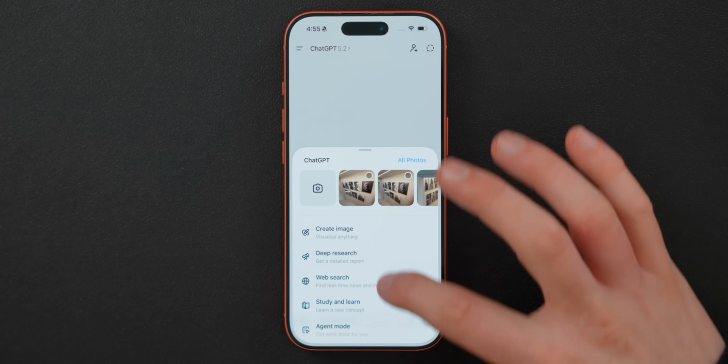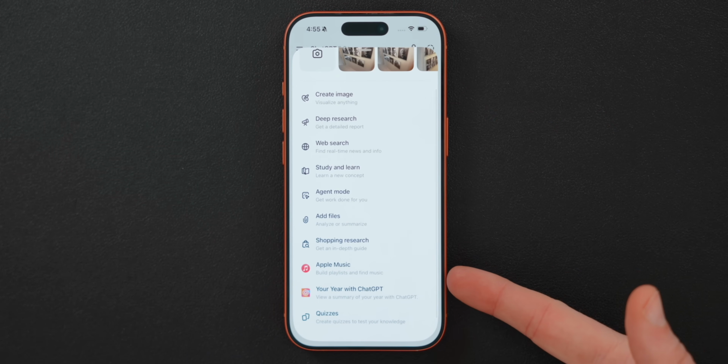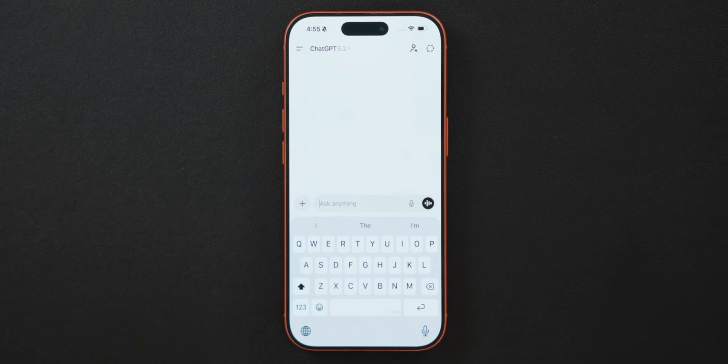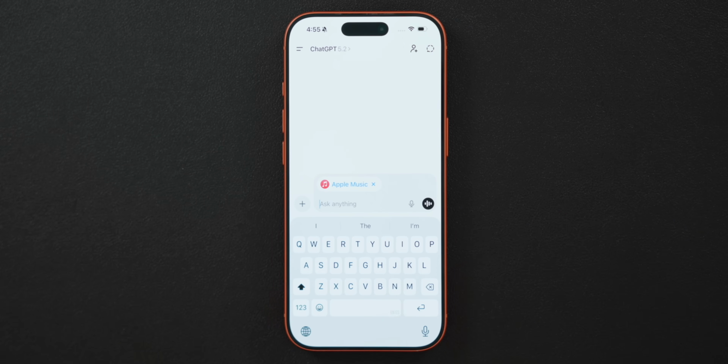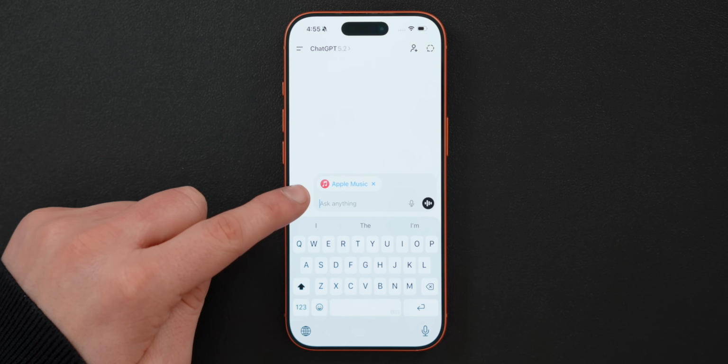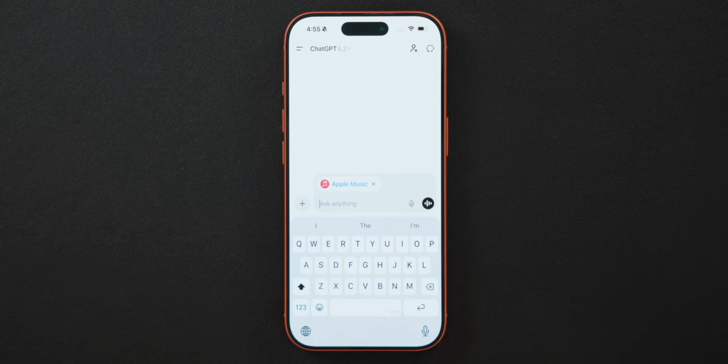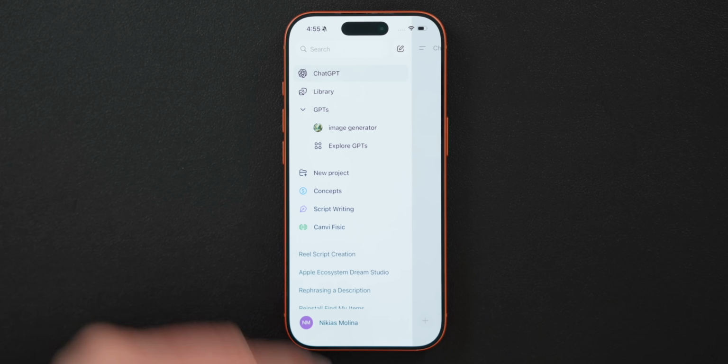Because as you can see, Apple has just released a brand new Apple Music feature inside of ChatGPT. What you're gonna want to do is tap on the plus icon, scroll down to where it says Apple Music. So you'll have the Apple Music plugin activated. If you don't see Apple Music inside of here, you're gonna want to scroll to the left where it says library and then find Apple Music. Once you've got the plugin installed inside of ChatGPT, you're gonna be able to create playlists based on whatever prompt